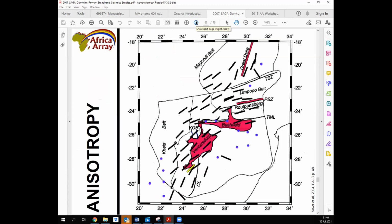Work was done using shear wave splitting by Paul Silver and his crew over here to determine not only the amount of shear wave splitting, the delay, but also the directions here. And you can see the strong fabric that was determined. Now, this is exactly the work that Dimitri's been doing. He's been expanding on this, looking at the work in East Africa using more recent data, and he's now looking at Southern Africa over here to come up with better resolved models to try to see, you know, what is the direction and magnitude of your shear wave splitting. But generally, what is argued over here is that these directions of anisotropy are aligned to tectonic fabrics, and so this is a fossil anisotropy, and it's not due to the